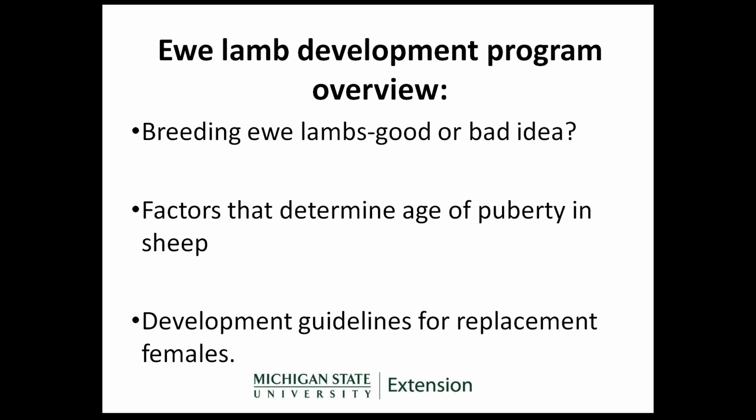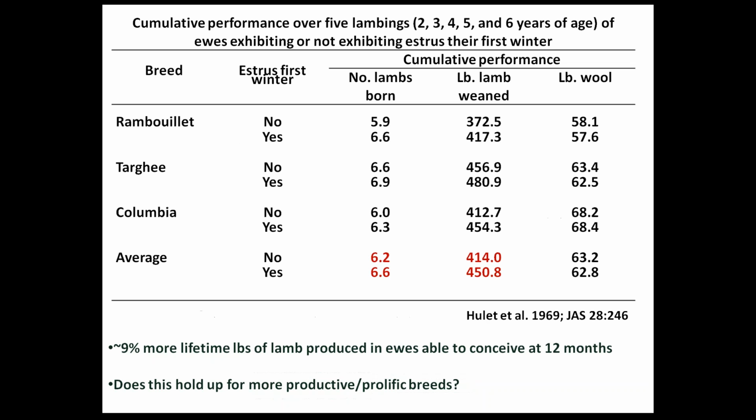As an overview, I'm going to ask the question: is this a good idea or not to breed ewe lambs? By ewe lambs, I mean lambs under a year of age. Is this a reasonable thing? It's somewhat a debatable point in some producers' minds, for various reasons. I'm going to talk about some of the factors that determine when these animals reach puberty. Then finally, talk about some practical guidelines for replacement females, how to develop them, and what sort of development program